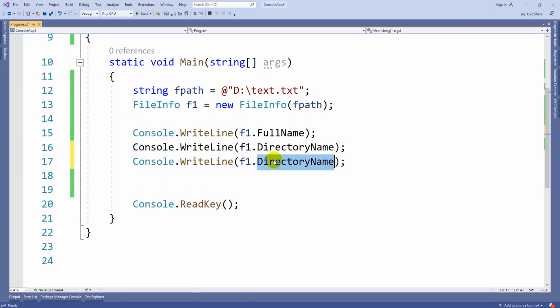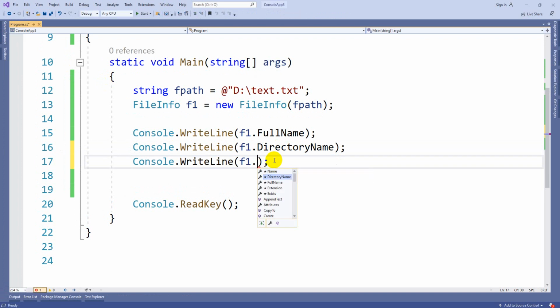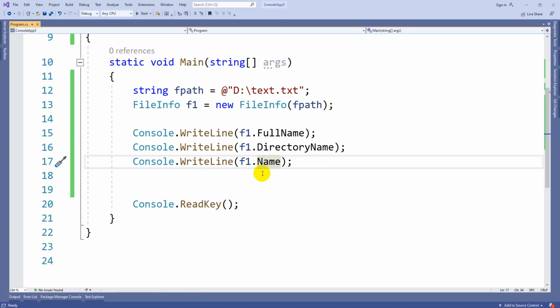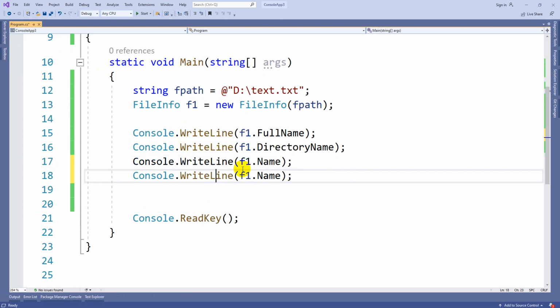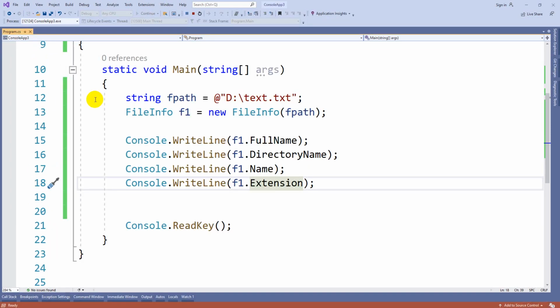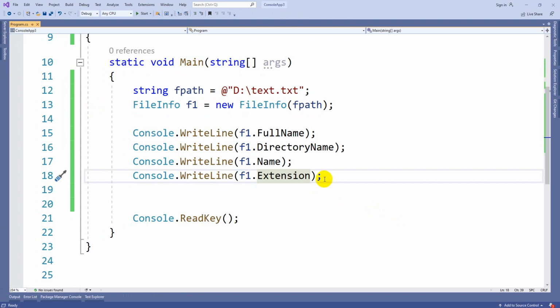Next, F1.Name, only the name of the file along with the extension, you can see it on the screen. Test.txt. Next you can get the extension, whether it is .txt or .jpg, that extension you will get by using the Extension property.